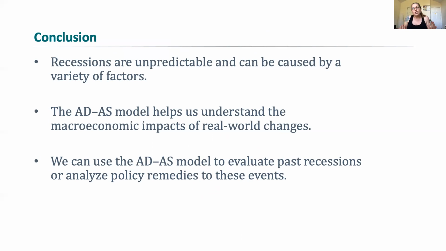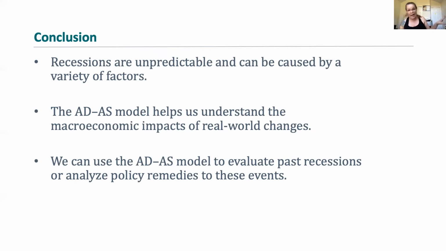So in general, recessions tend to be a little bit unpredictable, but we can know when we're in trouble or when we are risking a recession because we have this model and we can use it as a predictive tool for understanding the impact of a variety of factors. This long-run and short-run aggregate demand, aggregate supply model helps us understand macroeconomic impacts from real-world events. And we can use it